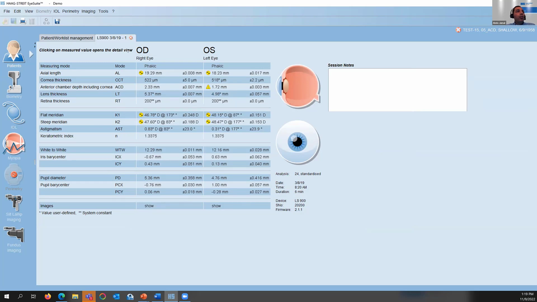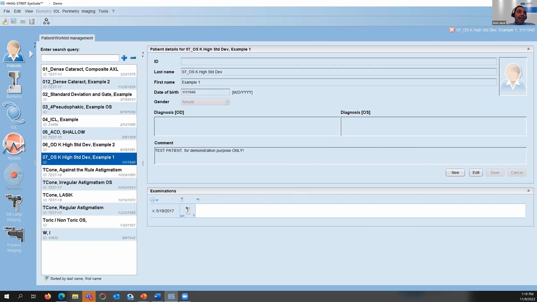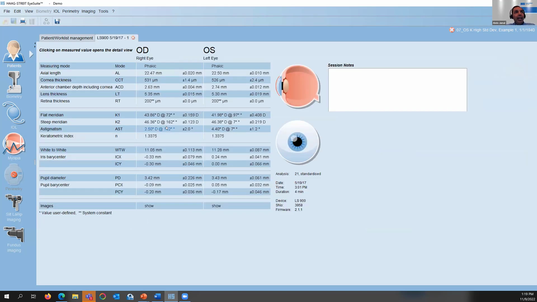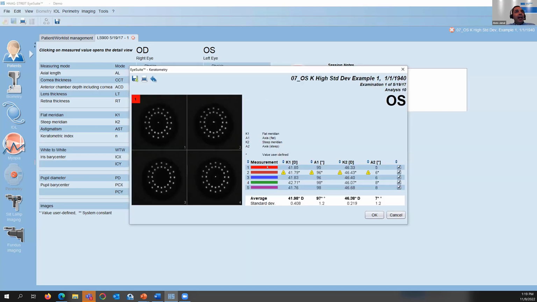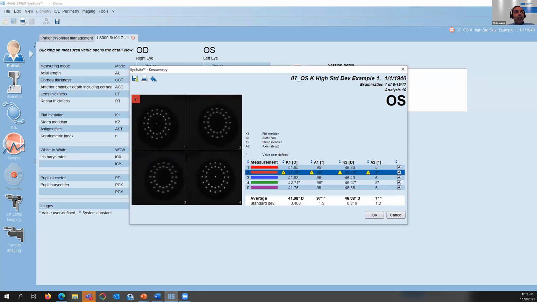The last case I want to show here is the K reading. I can also review the K reading and see what happened during the measurement. Here I have more than a quarter diopter standard deviation, which tells me that something should be checked. If I click here and look at this, there is a caution here, and I look at the picture, it is not that good. I can exclude this measurement, and then I think things are a little bit better, but still I have a